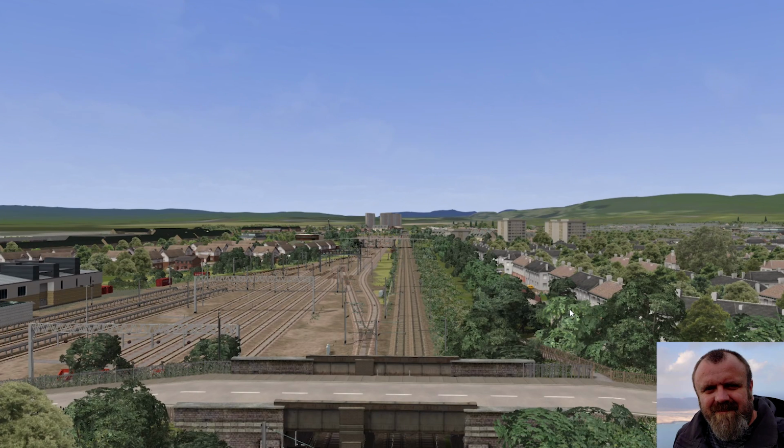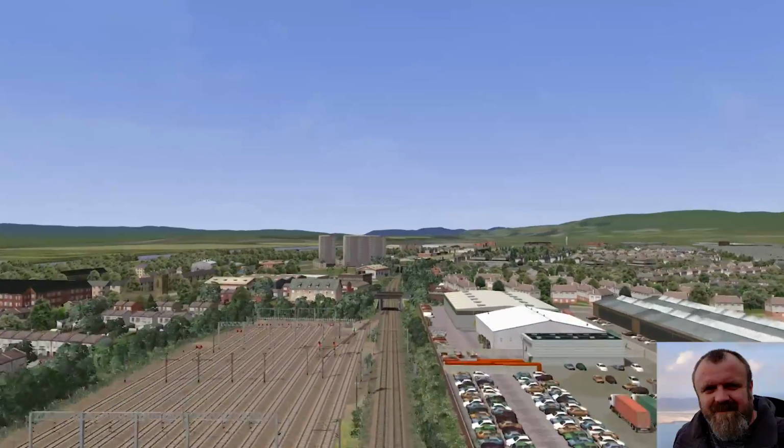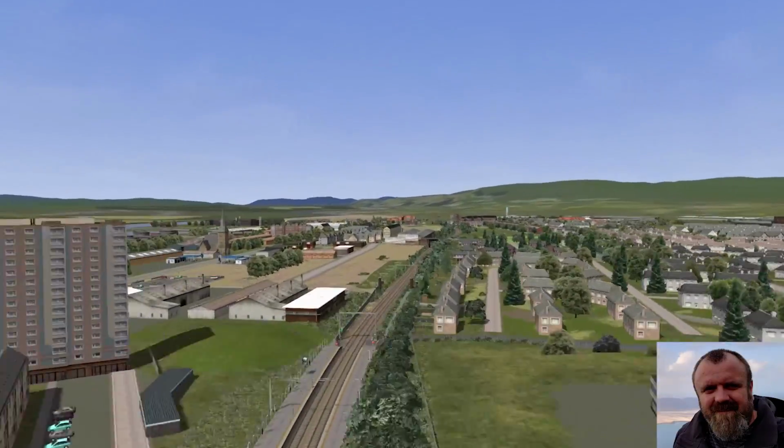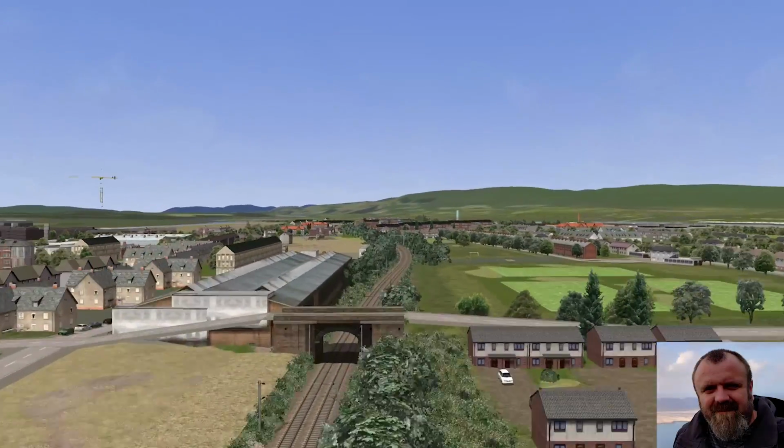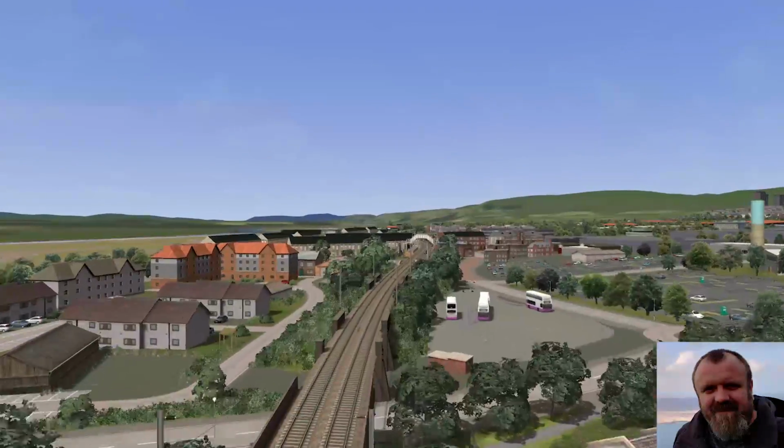This is good because people using the route can use Yoker Depot for a lot of scenario, ECS workings and things like that. So it's a handy thing to have, Yoker Depot certainly. And then go up towards Clydebank, and then hopefully fairly soon you'll start to see the Erskine Bridge appear in the distance, which is quite good obviously because it's a key part of the route.